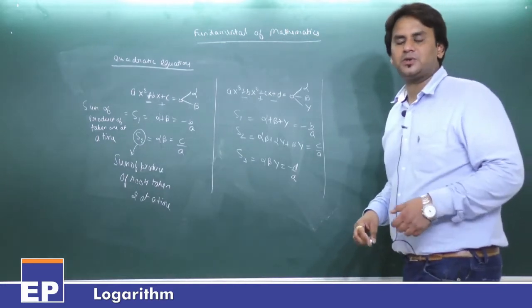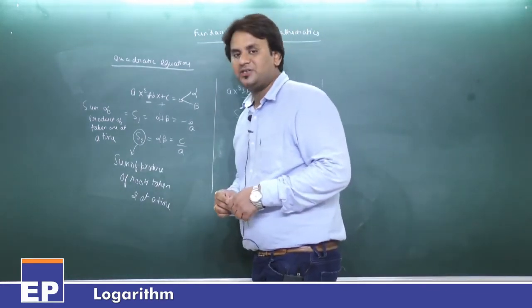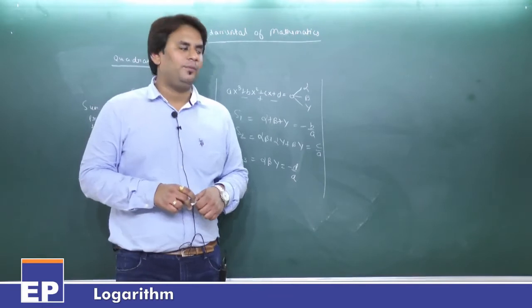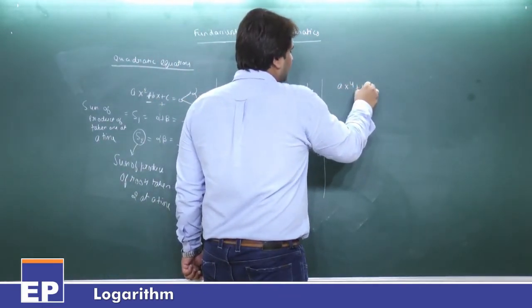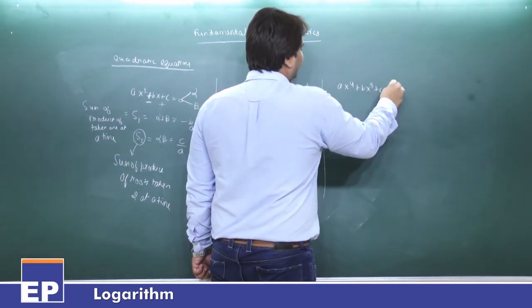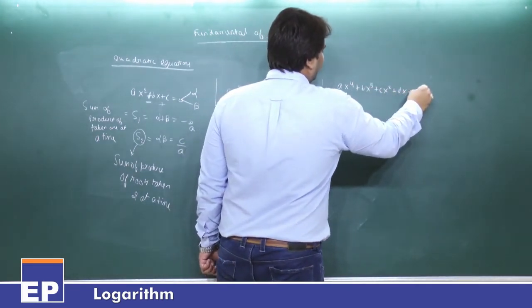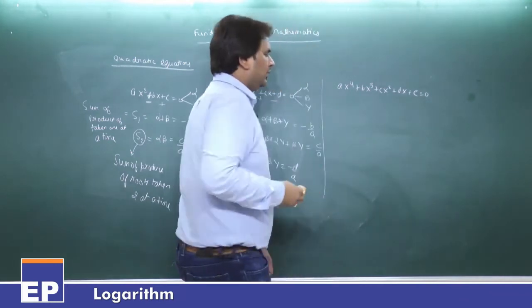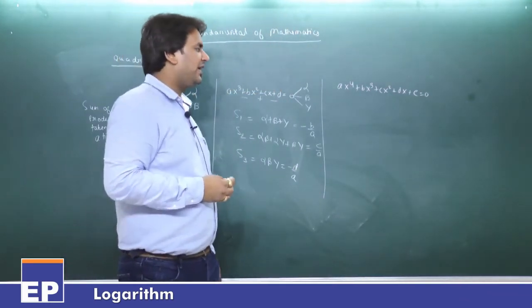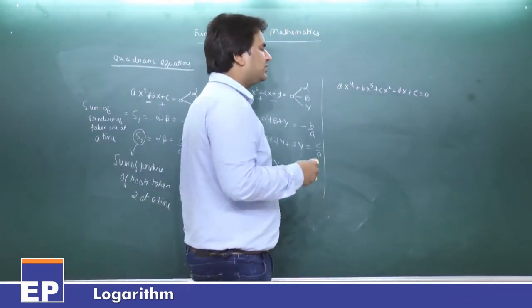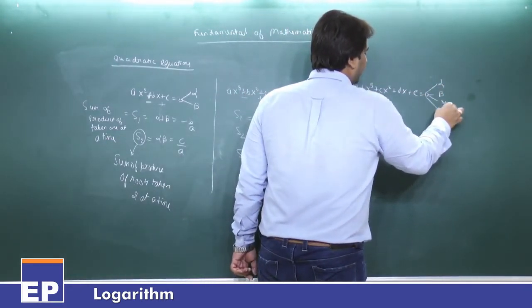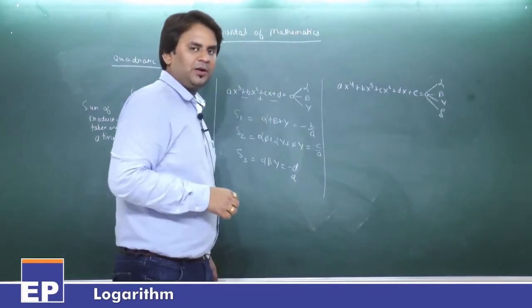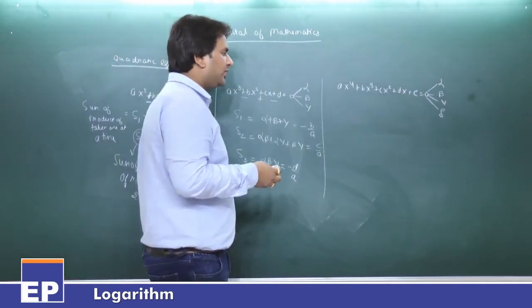What is a biquadratic equation? A biquadratic equation is an equation having degree 4. So it will become ax to the power 4 plus bx cube plus cx square plus dx plus e equals 0. This has degree 4, meaning the highest power of x is 4. So how many roots are possible? There are 4 roots: alpha, beta, gamma and delta. Since it has 4 roots, 4 things will be defined here. What are the 4 things?